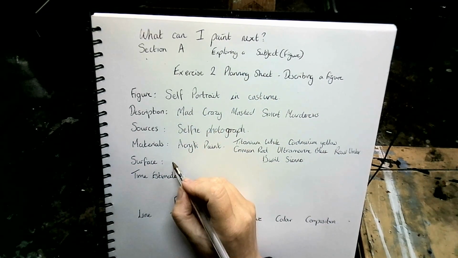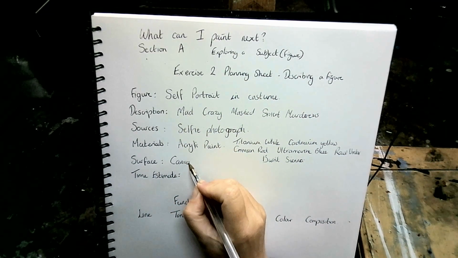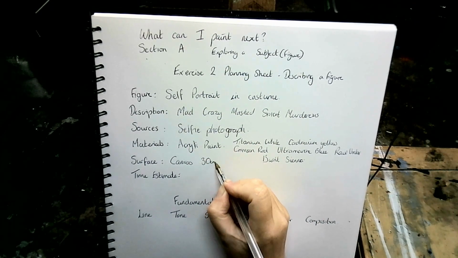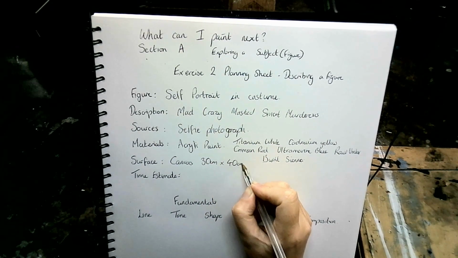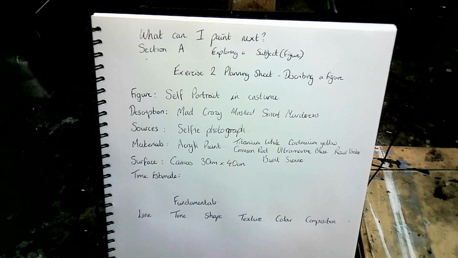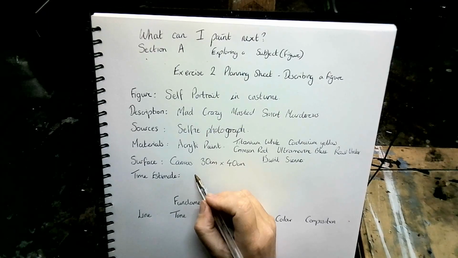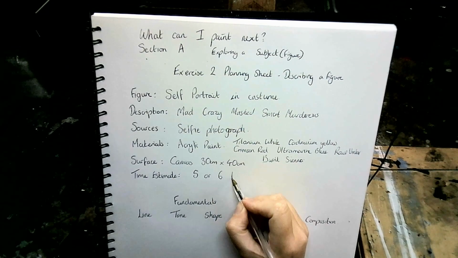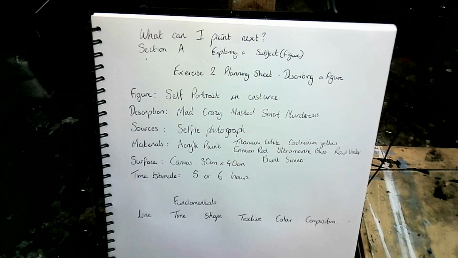Surface, it's canvas, same size as the last one, 30 centimetres by 40 centimetres. Time estimate. I think it might take a little bit longer than yesterday's because I'm doing more of the shoulders and the costume that's on. So I think 5 or 6 hours. Right, so the fundamentals in this, the line work. I'm going to put it as 3 again